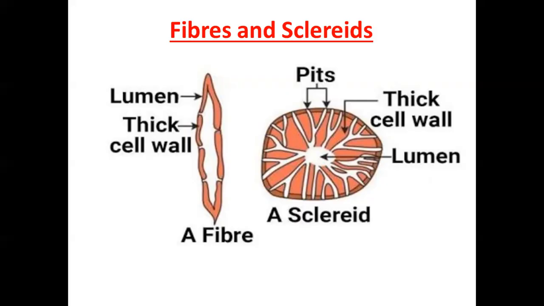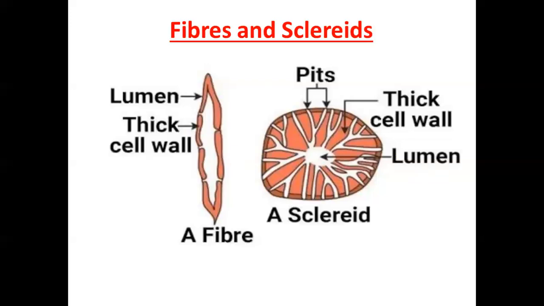Basically, fiber consists of very long, narrow, thick, and lignified cells. The length of sclerenchymatous cells varies from 1 mm to 550 mm in different plants. Fibers are usually pointed at both ends, you can see in the diagram also, and are clustered into strands and look polygonal in transverse section.